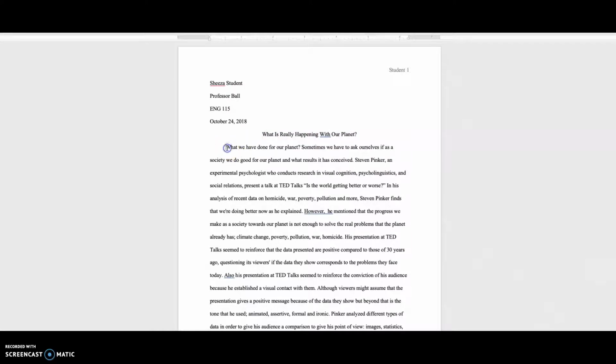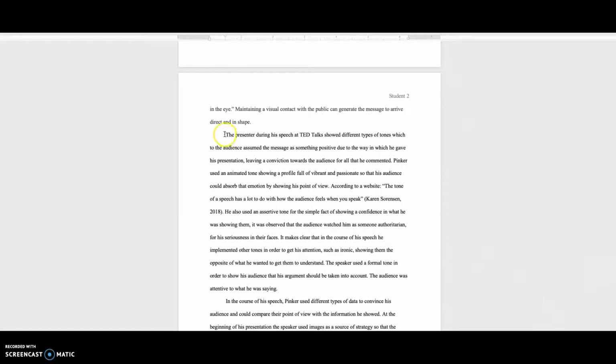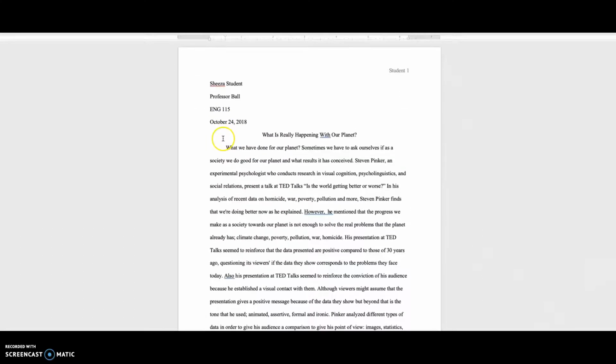And then you'll notice that each new paragraph is indented. You're aligning left, which means this lines up right with that. Now, in terms of the content of the paper, some people were commenting on, for example, this one, they thought the intro was too long. And I get that. For the intro, you want to offer background or context. In this case, it's one sentence.